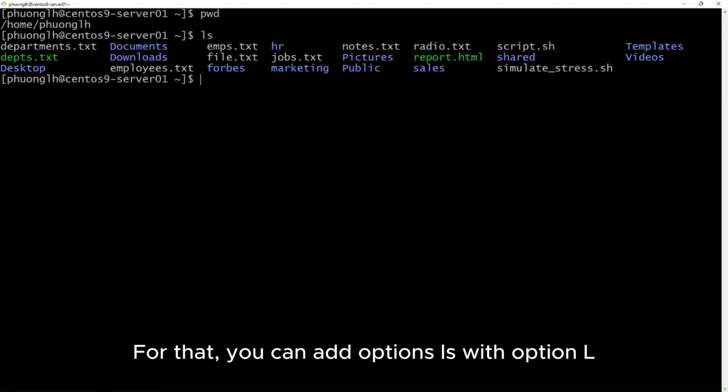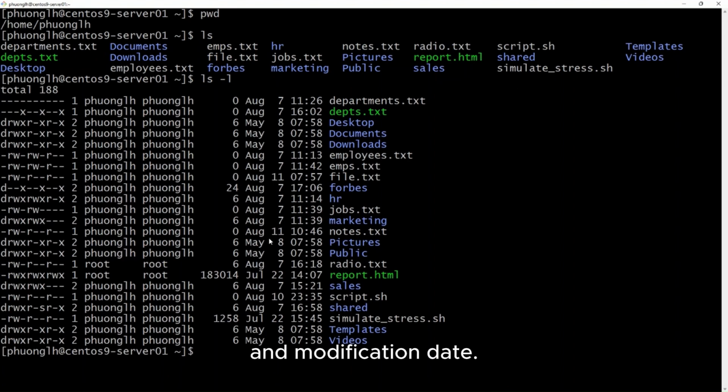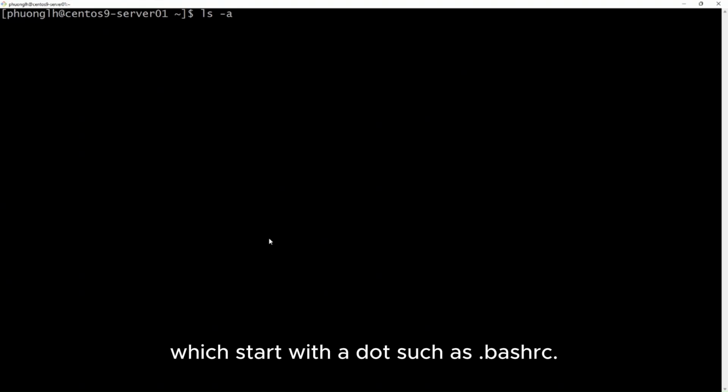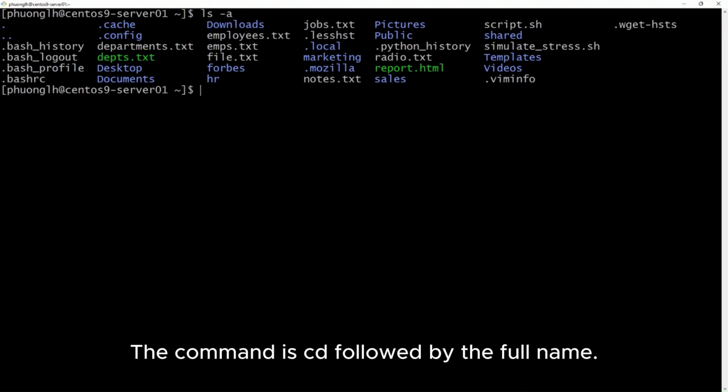For that, you can add options. ls with option -l shows you detailed info like file size, owner and modification date. ls with option -a lists all files, including hidden ones which start with a dot, such as .bashrc.